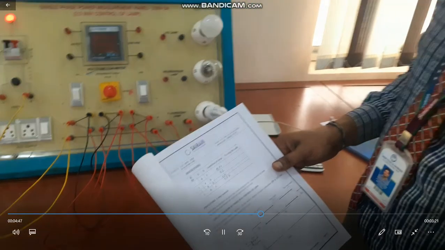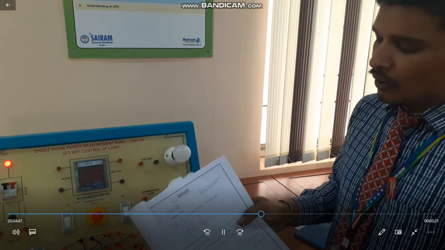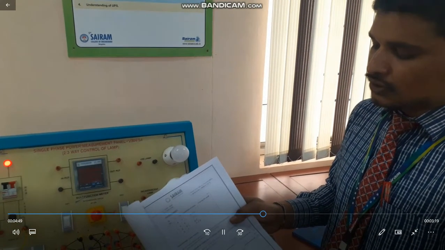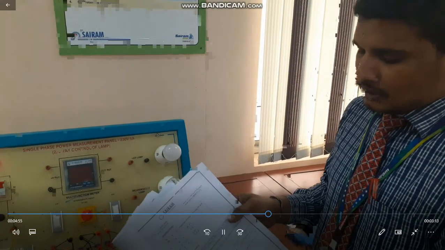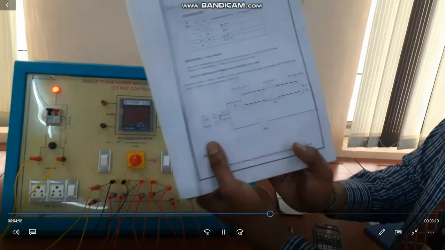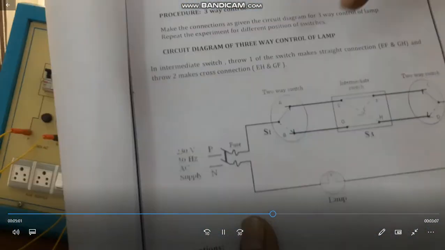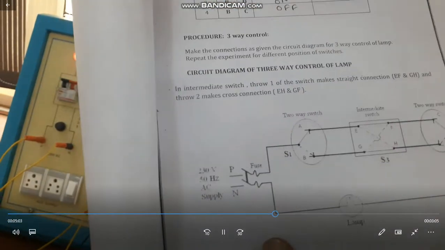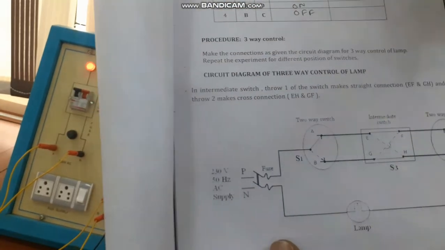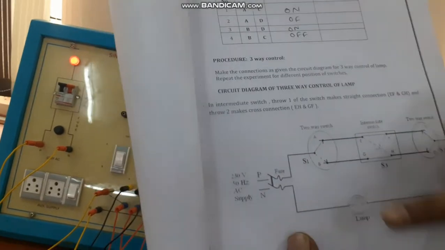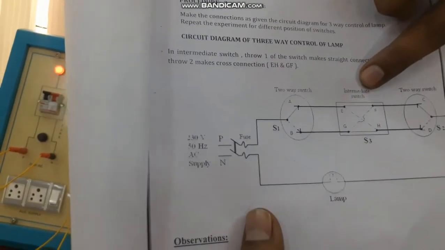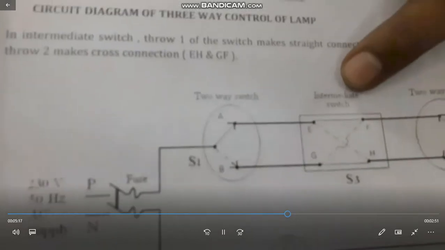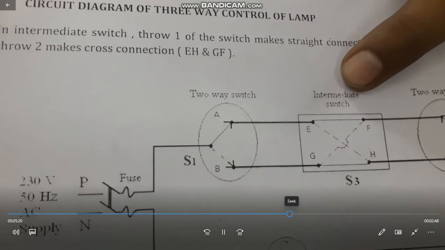Next, we are going to continue the same experiment for two-way control, for the two-way and three-way control of a lamp with cross connection. What we discussed right now should be opposite for the cross connection. To verify this logic table, again we have to make the connections like this. Look at the circuit diagram. This is the phase and neutral of the master power supply, this is a two-way switch, and this is another two-way switch. The lamp is here and the connections are interconnected like a cross connection. If we make the cross connection, the truth table we discussed will come into opposite positions.